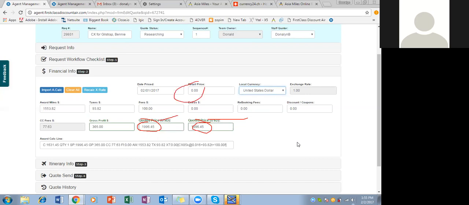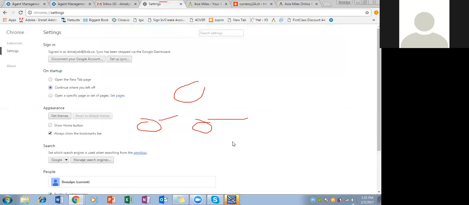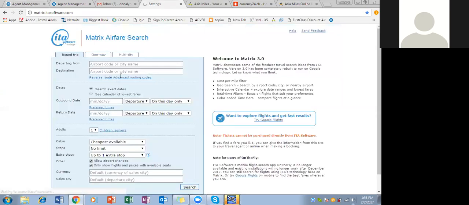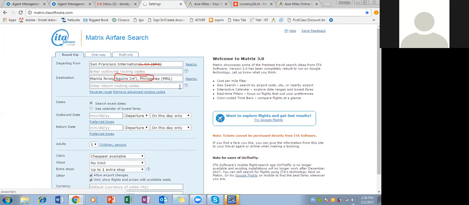So to get the retail price, you go to a tab that you're not using. For example, this settings tab, you could go to that one. And then you hit matrix so you can get the pretty flights. And then you put in the cities and the flight numbers. And to put in the cities and the flight numbers, I've got them written down, so I'll tell you what they are. Otherwise, you'd flip back and forth to go get them. So it's from SFO to MNL. And then you also click this advanced routing codes. And then you put in the flight numbers, which are